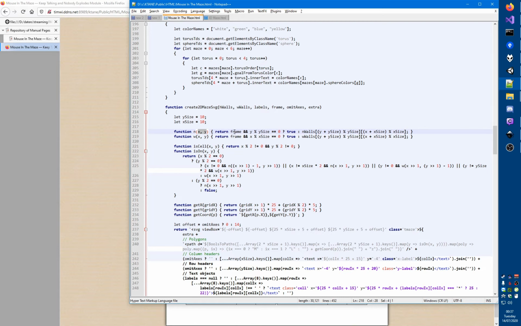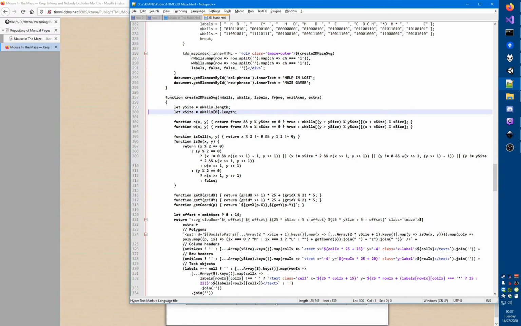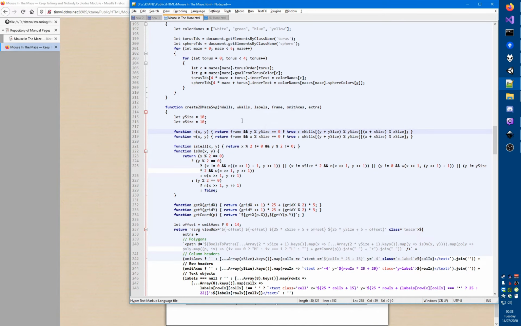And frame. It's cool that I didn't remove that, because in 3D Maze you do have a frame. So you don't have a frame. You have a maze that can wrap around, and that is why I put a false here. And now I can literally just change that to a true, and I will have something that draws a frame around it. Okay, so if there is a frame and the y coordinate is 0, which means we're at the top, then yes, we do want a wall there. Else,